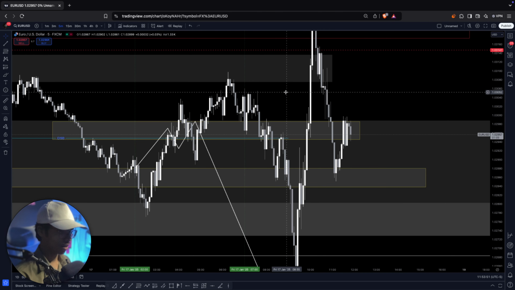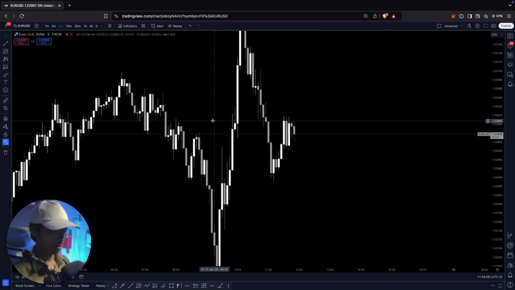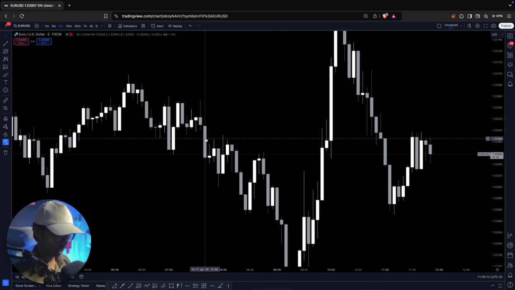suppose this is where the market started falling downwards. At 5:30 it went up, again went down, there was a change in the structure of delivery, went up, went down, and now again it went down. A fair value gap has been created, right? You guys can see. Let me just erase everything. You can see when the market started rallying downwards, this particular gap is a fair value gap.